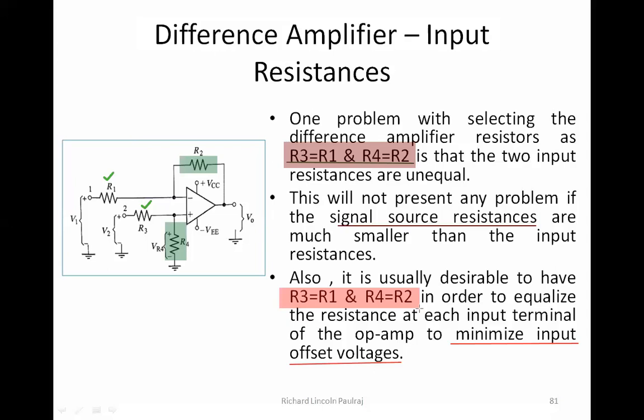Remember, previously in our lectures, we had discussed the impedances, right? We had discussed input offset voltage and output offset voltage. So the slight amount of change that happens is nothing but called offset. Due to this change in resistances, what is going to happen?